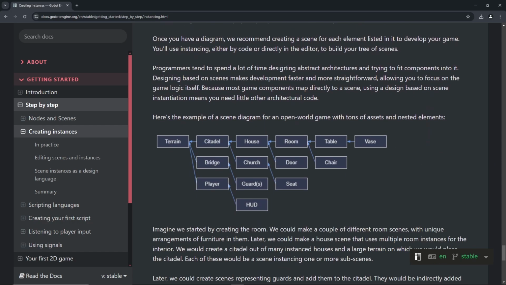Programmers tend to spend a lot of time designing abstract architectures and trying to fit components into it. I don't know what that means. Designing based on scenes makes development faster and more straightforward, allowing us to focus on the game logic itself. Because most game components map directly to a scene, using a design based on scene instantiation means we need little other architectural